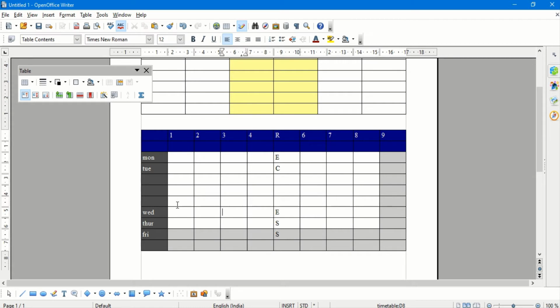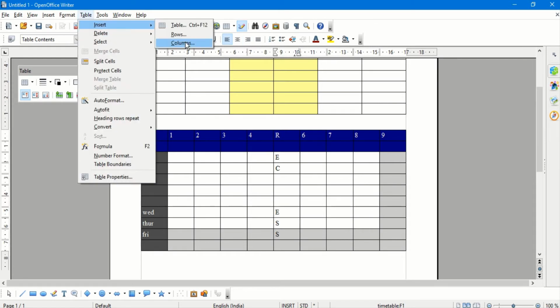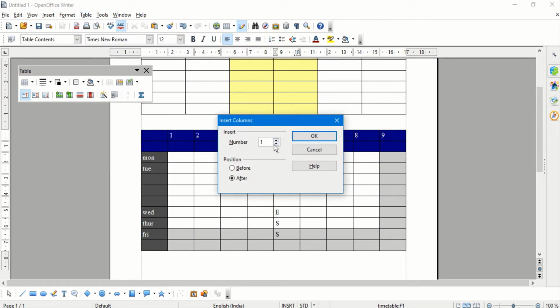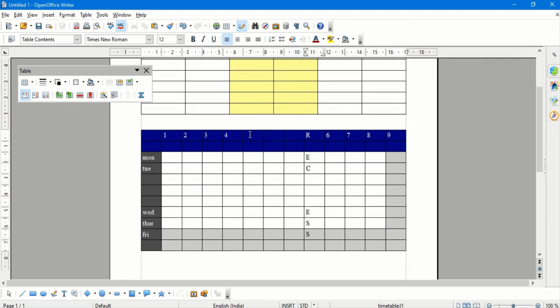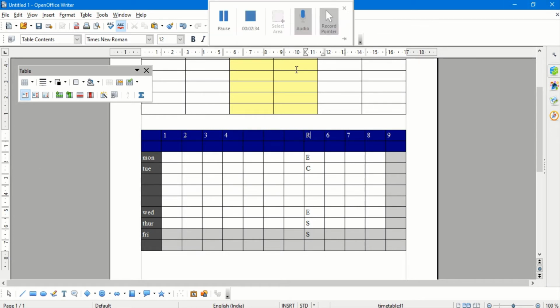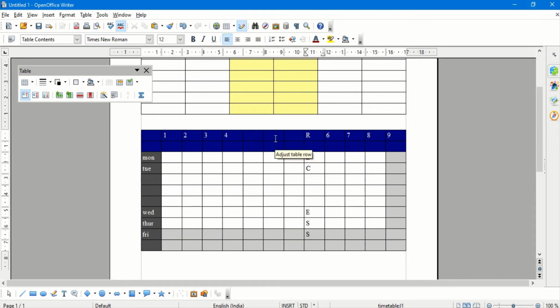Now what about deleting the rows and columns? Similar goes with the column also. So click on the place where you want to. You can insert a column before or after, and also you can select the number of rows and columns that you want to insert. Suppose I say before, then before my cursor position, it gets inserted. So I said 3 rows, 3 columns, and before my cursor position. So this way I can insert the columns or the rows.